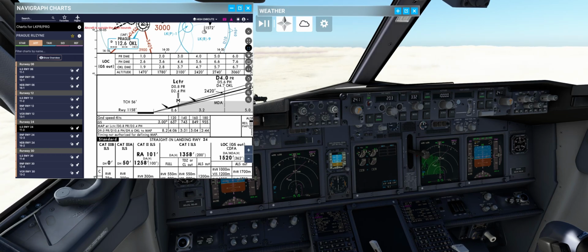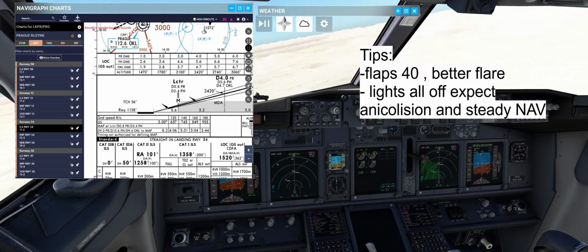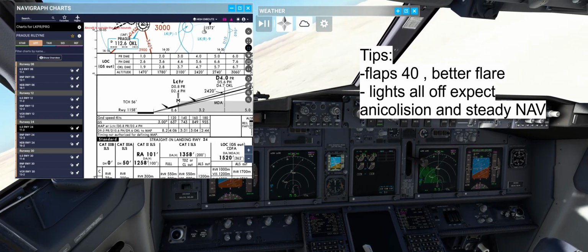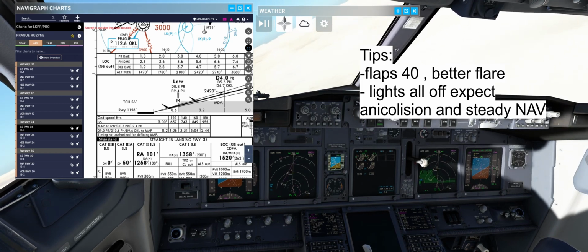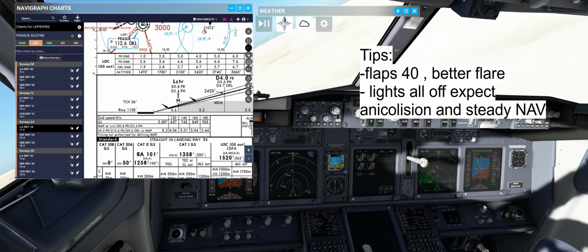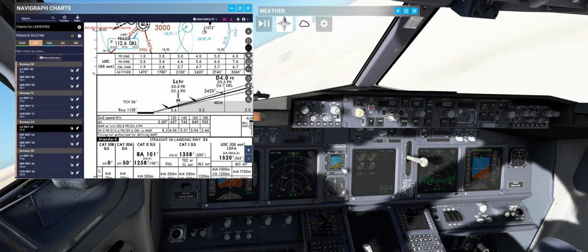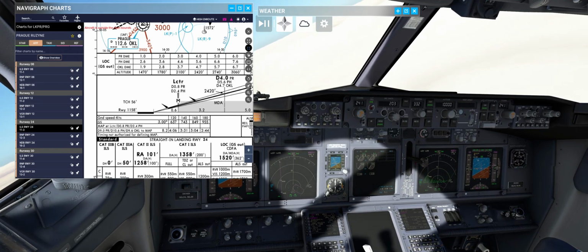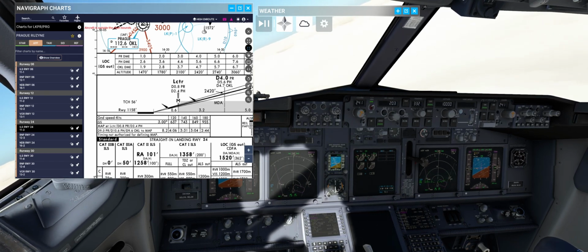Regarding the lights, I recommend putting the strobe lights to steady, because the flashing lights will make you not focus on landing, and, for example, you may not see the runway because you are blinded. And even in night conditions, I recommend putting all your landing lights and taxi lights to the off position, because you have better conditions